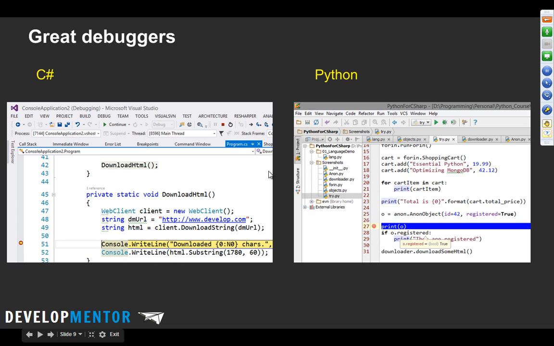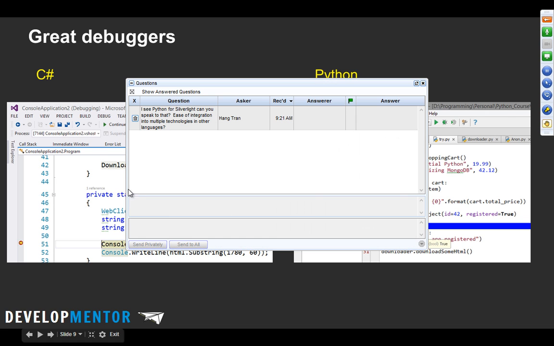Well, in both the Visual Studio version of Python and PyCharm, you can do the same thing, and if you set the key mapping in PyCharm right, you can still use F8, F9, F5, F10, F11, like all the various hotkeys that you even know from Visual Studio. They're the same.